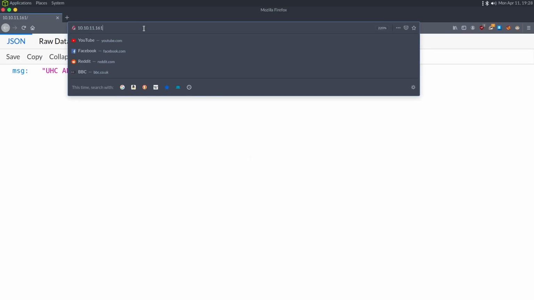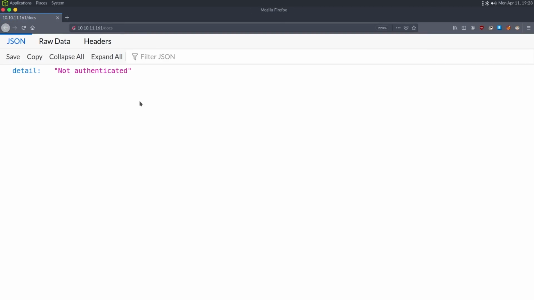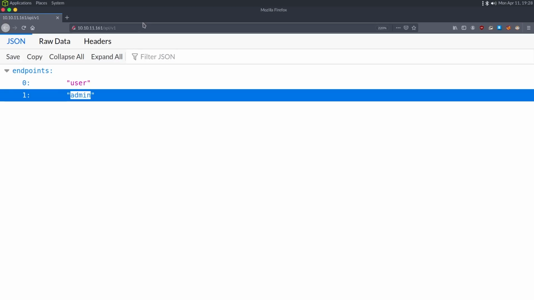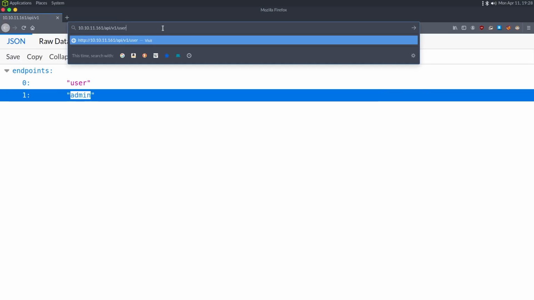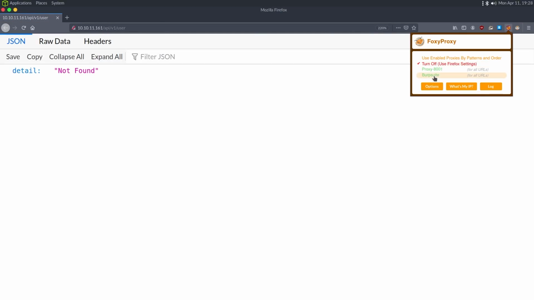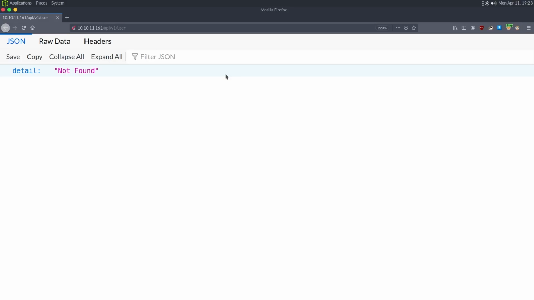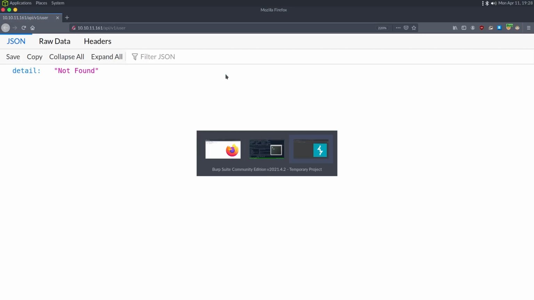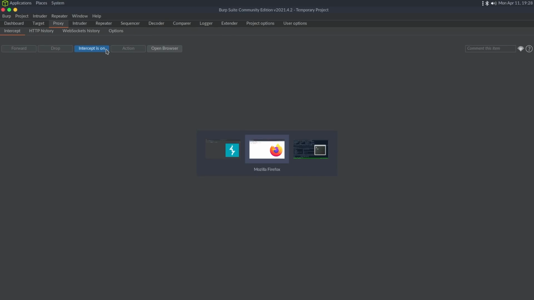So if I go to /docs, it's requiring some type of authentication. If I go to /api, it tells me there's a v1 endpoint. If I go to /v1, it tells me there's 2 endpoints, user and admin. So if I go to /user, we get a not found. And if I put this in Burp Suite now, because at this point it's going to be handy analyzing everything in Burp Suite,